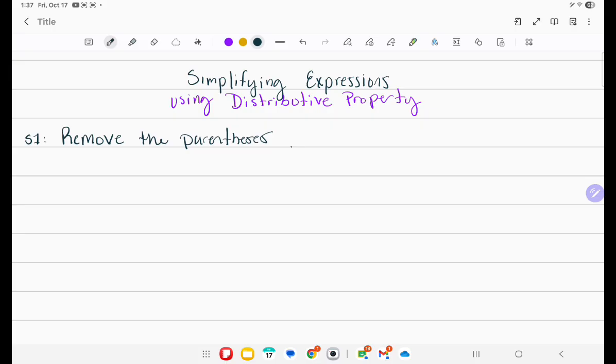Now, the way you remove the parentheses is multiply the term on the outside of the parentheses